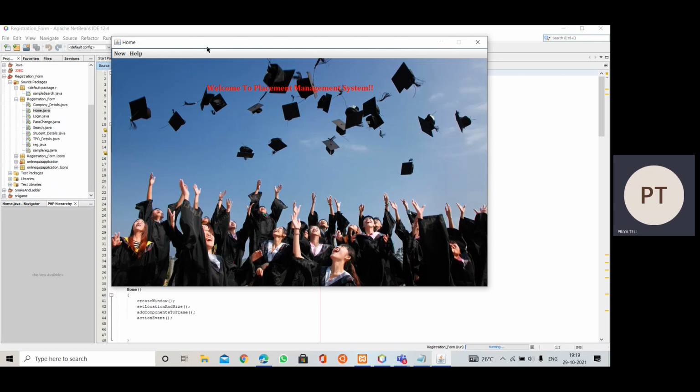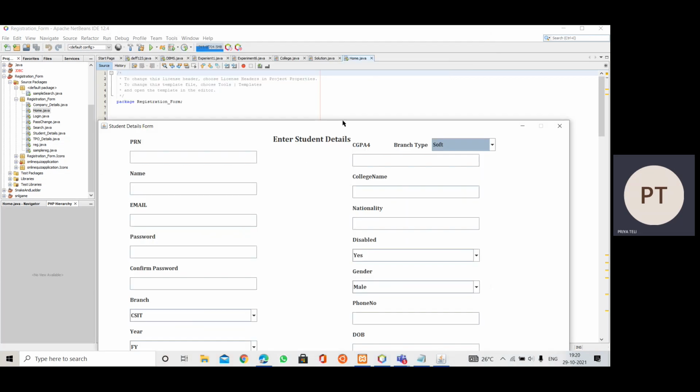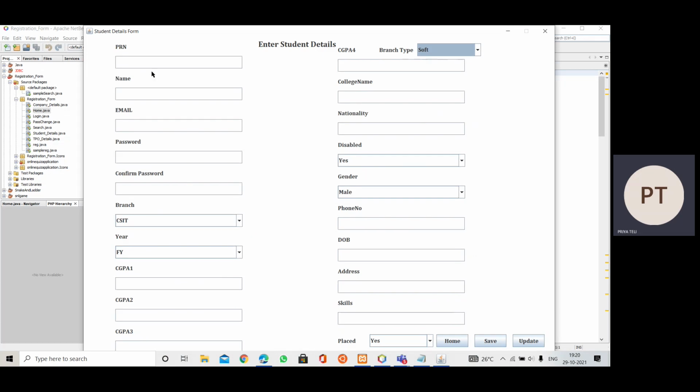Firstly, this is our home page, where this is a menu bar and these are the menus. These are a few menu items here. So this is the home page. These are a few options given here. This student registration option goes to the student registration form, where we fill in the academic details and other personal details of a student. Then when we click on this, the registration form appears. Here we can fill in details, and when we hit the save button, these details are saved to the database, where we have created the student details table.